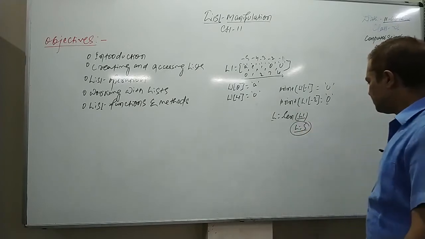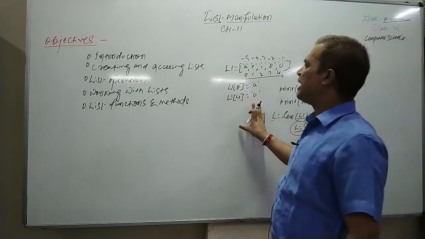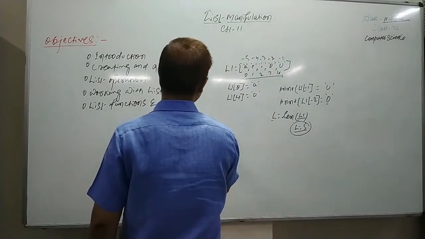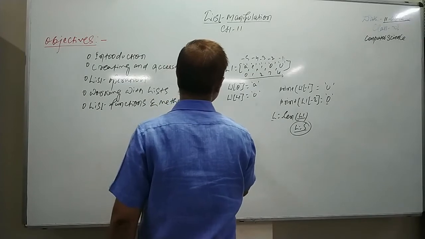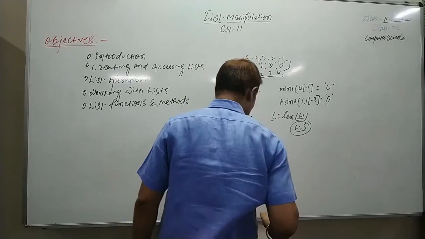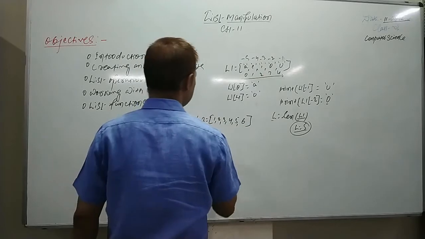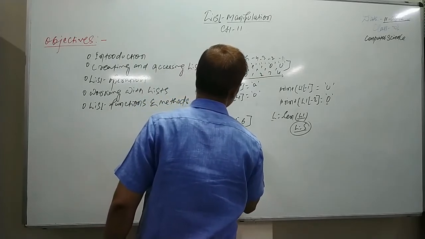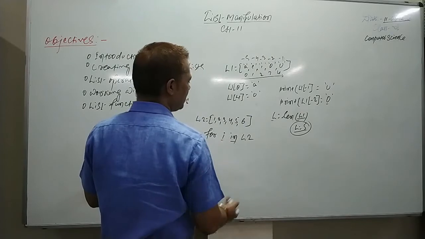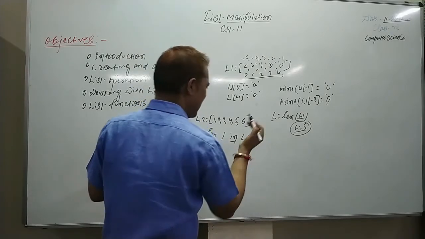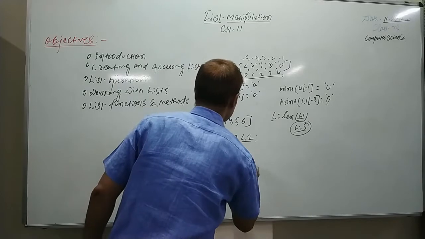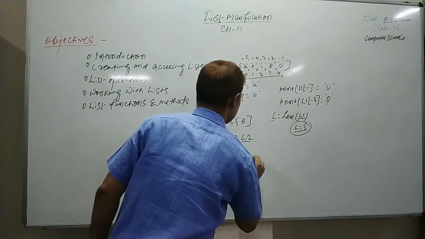Now once I know the length of the list, I can traverse each and every element of the list. How do we traverse each element of the list? Suppose a list L2 equals 1, 2, 3, 4, 5, 6. These are the elements, and you want to access each element of the list. Simply say for I in L2. Here I is a variable name, in is an operator, and L2 is the list name, then a colon as it's a for loop, and inside it simply say print,